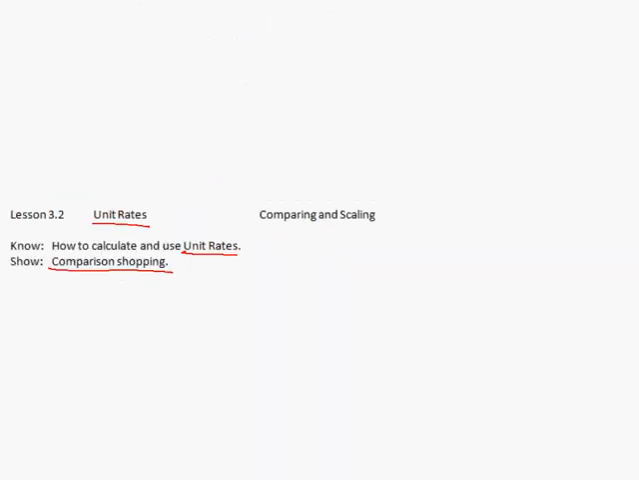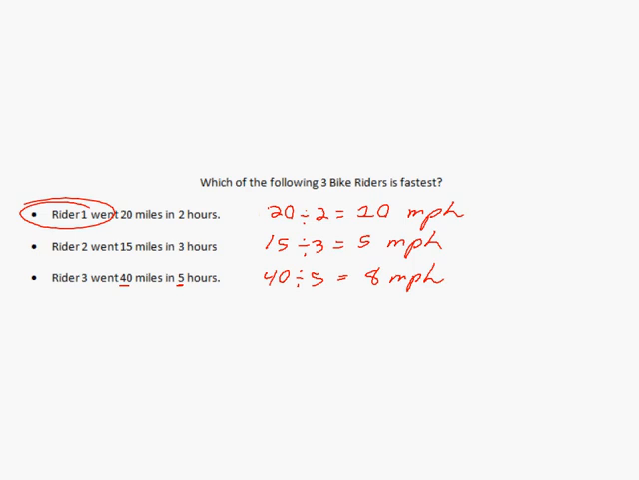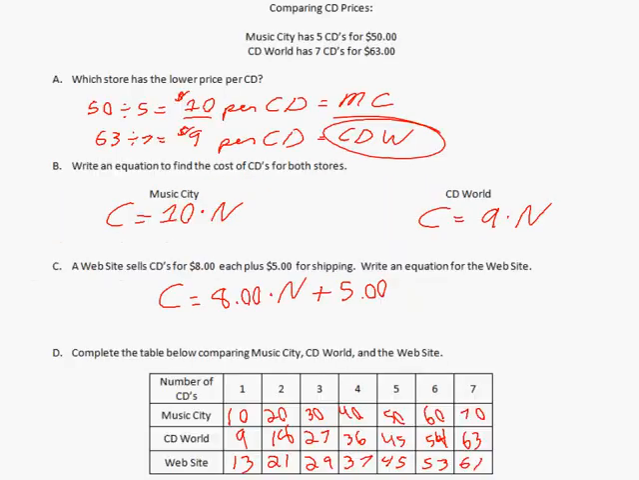Okay, let's go back over to lesson 1. This one was a short one. Lesson 3.2 talked about unit rates, calculating unit rates, and going comparison shopping. We compared the riders, calculated the unit rate to figure out which rider goes faster. Looked at comparing CD prices with 2 different companies, found their price per CD, found some equations, and filled in